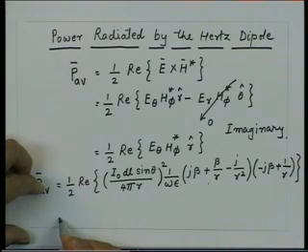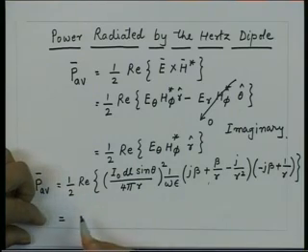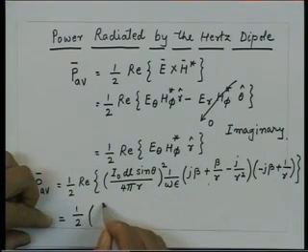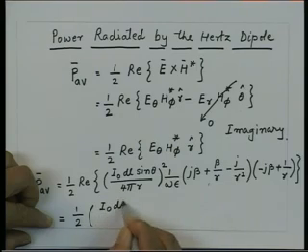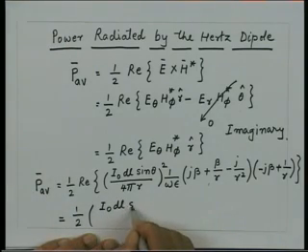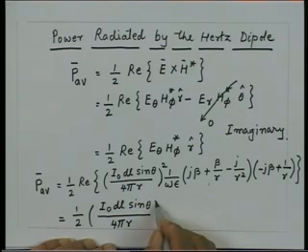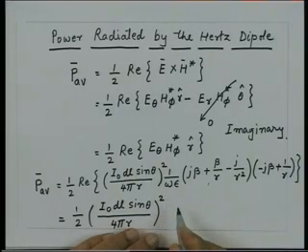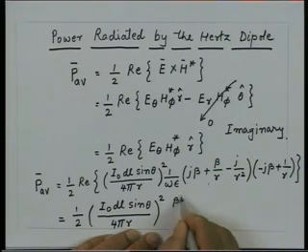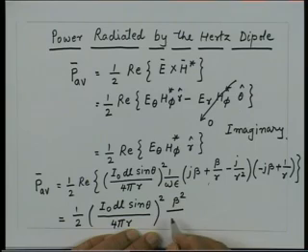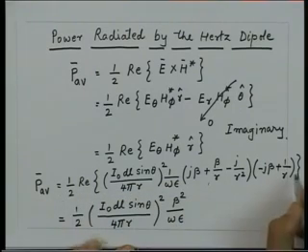So, essentially the real part, if we calculate for this term, that will be equal to half I 0 dl sin theta divided by 4 pi r square, beta square upon omega epsilon,